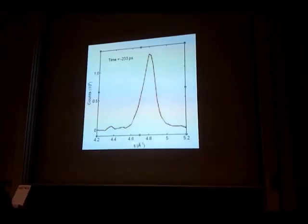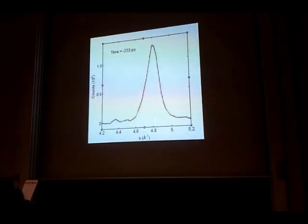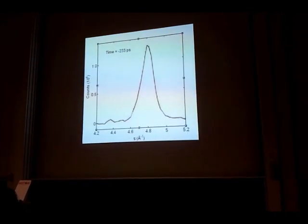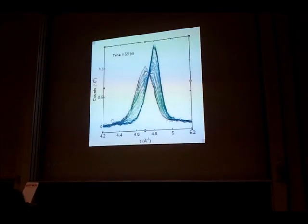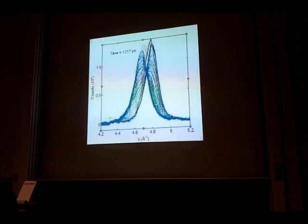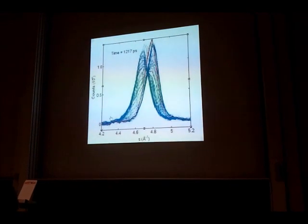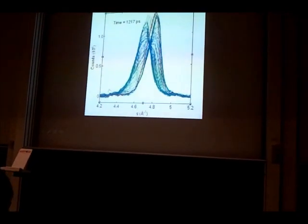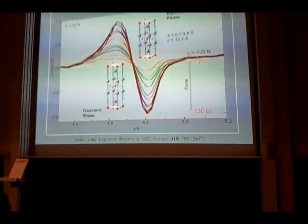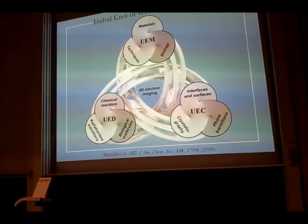And in fact, you might be intrigued. Here now we are in the S space. This is not spectra now. This is the scattering vector. And this is one of the Bragg peaks for one phase. And then you can see it transforming in real time the structure itself, going into the other phase and returning back at longer time. And quite a very interesting story here, why a metal to insulator transition takes place in the femtosecond time scale, and then it recovers in the picosecond time scale. So I will not dwell too much on this, but just by way of review, this was the isolated